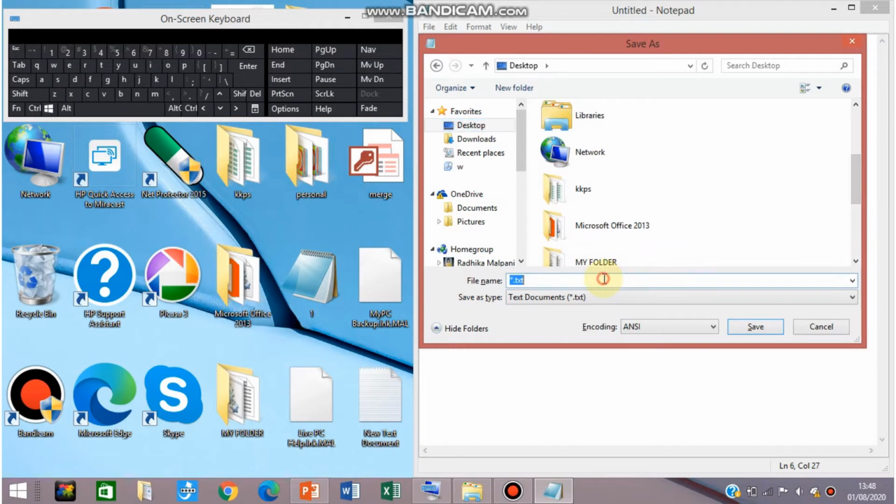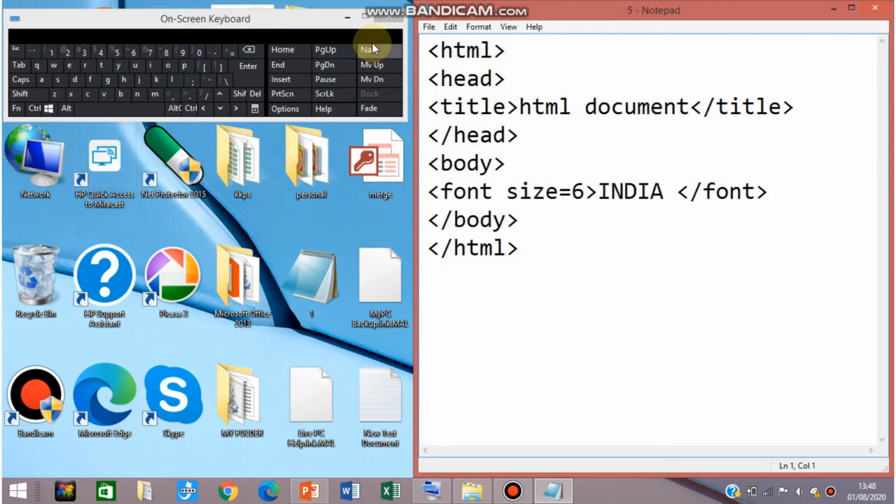Save this code on desktop. I am saving it as phi.html. It is compulsory to save this document with the extension of .html. You have to mention it, compulsory, and then save it on the desktop. I have saved. Okay,